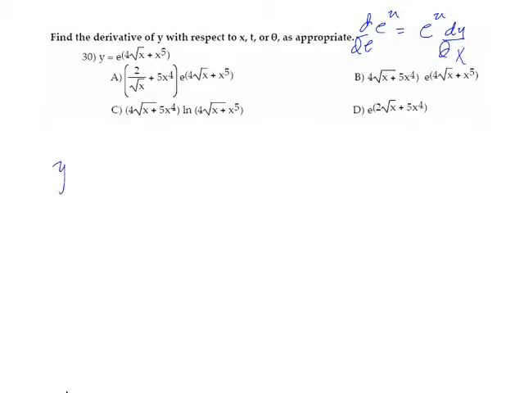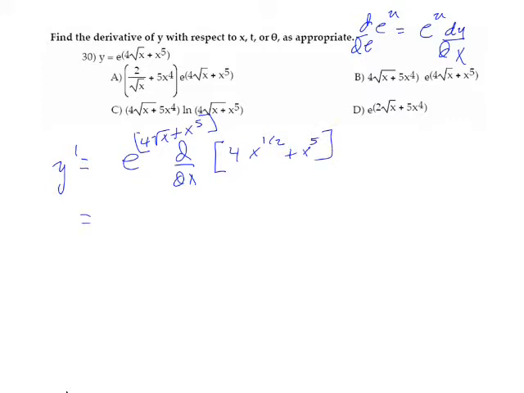So y prime is equal to e to the 4 times the square root of x plus x to the 5th, times d/dx of 4x to the 1/2 plus x to the 5th,